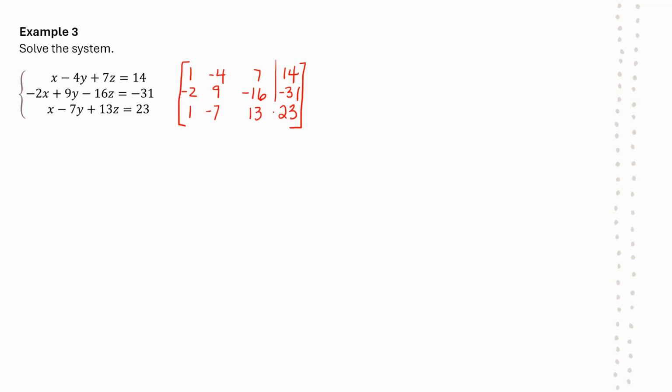So we already have a leading 1 in our first row, so we don't need to change anything about that. But we can get a 0 and a 0 in the second two rows of the first column